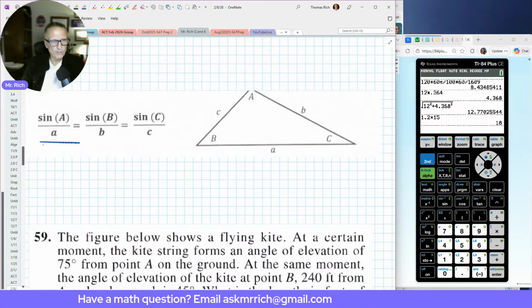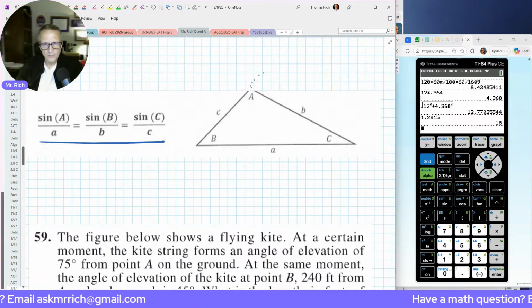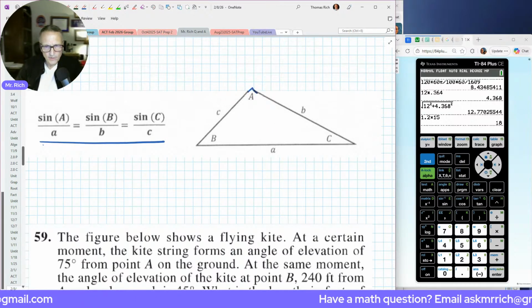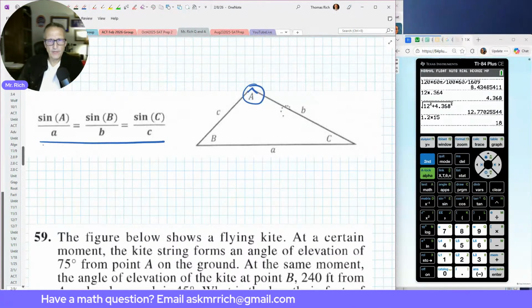It looks weird. It's like 3 equals 3 ratios set equal to each other. What is it telling us? What this is telling us is that if you know one angle in your triangle and you happen to know